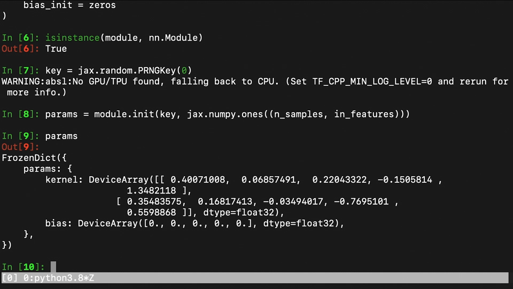Note that these parameters are not stored inside of the module as some internal state, and therefore not only will you have to keep track of your module, but also of the trainable parameters. To run inference on our module, we use the apply method.